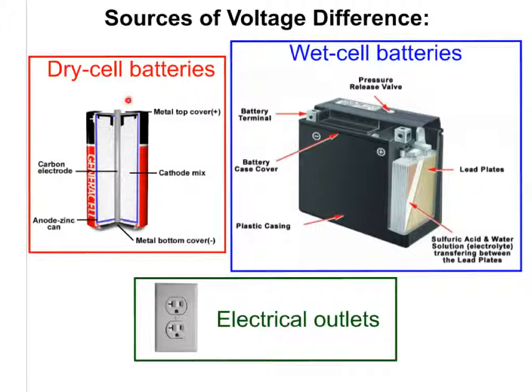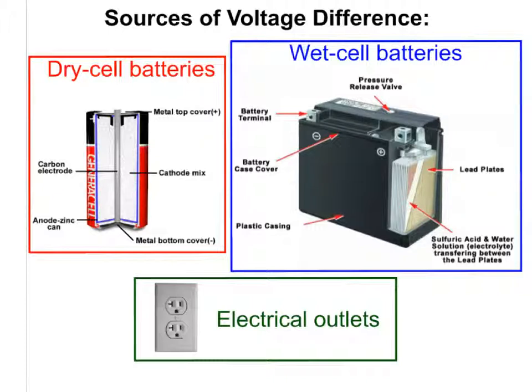Basically, the way this works is that when the two terminals, the two ends of the dry cell battery, are connected in a circuit, a chemical reaction occurs inside of this battery. Electrons are transferred between some of the components in a chemical reaction, and as a result, the carbon rod becomes positive, forming the positive terminal. We also have electrons accumulating on the zinc here and making it the negative terminal. The voltage difference between them causes a current